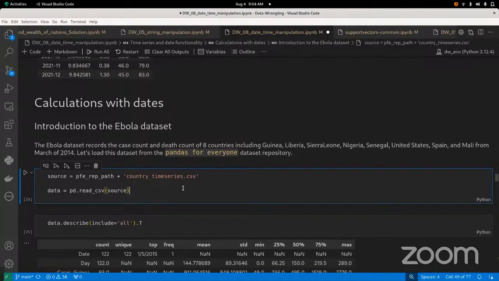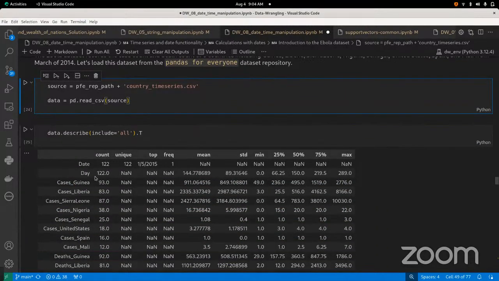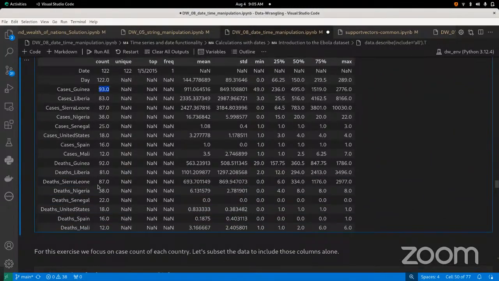So from March of 2014, we are looking at the number of Ebola cases, and we are recording the number of days, let's say 90,